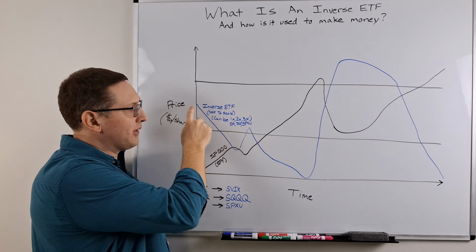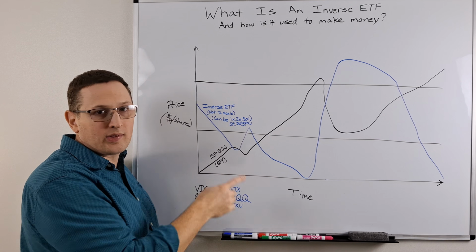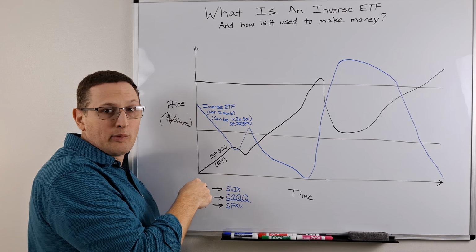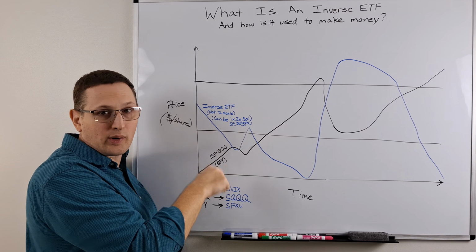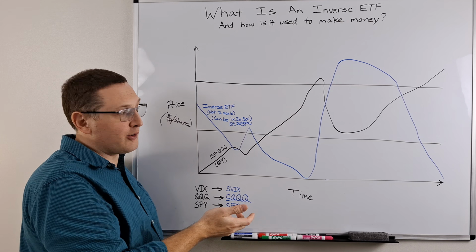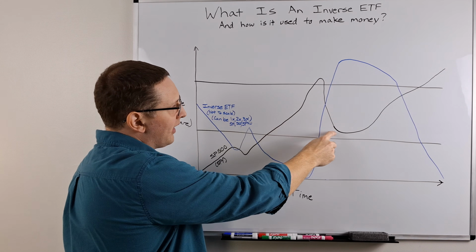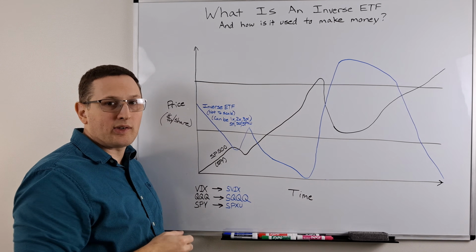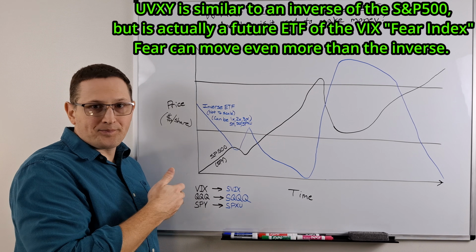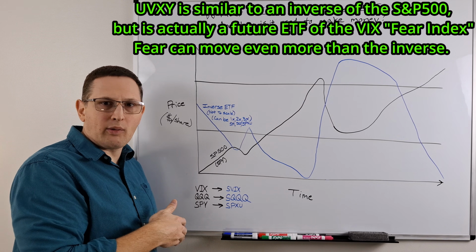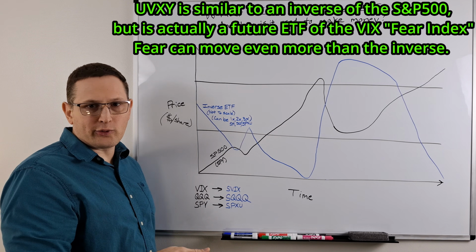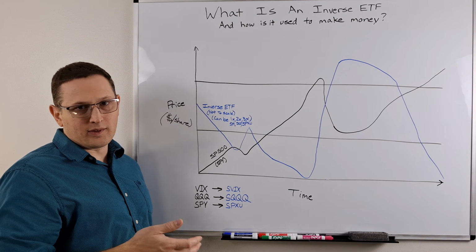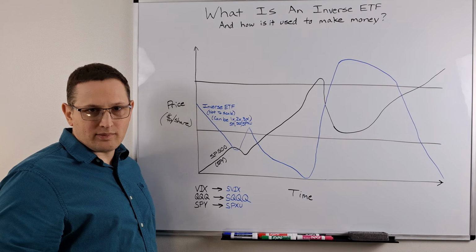So this inverse ETF, this blue line, it's not drawn to scale because this could be 1x, 2x, or 3 times the price movement. So if the S&P 500 moves up 1%, this could move down 1, 2, or 3%. And the opposite is also true. If you have several down days and it's a dramatic drop in price over those days, this could move up 3 times as fast. That's why I was able to move up about 500% with UVXY over a very short period of time, and then exited that position before I knew it was going to drop, just because as things bottom out, that's how it goes.